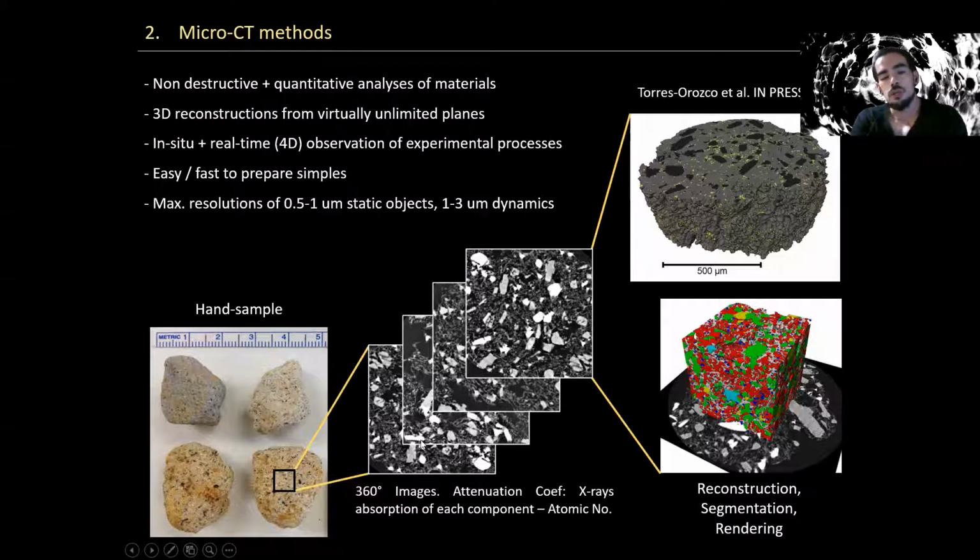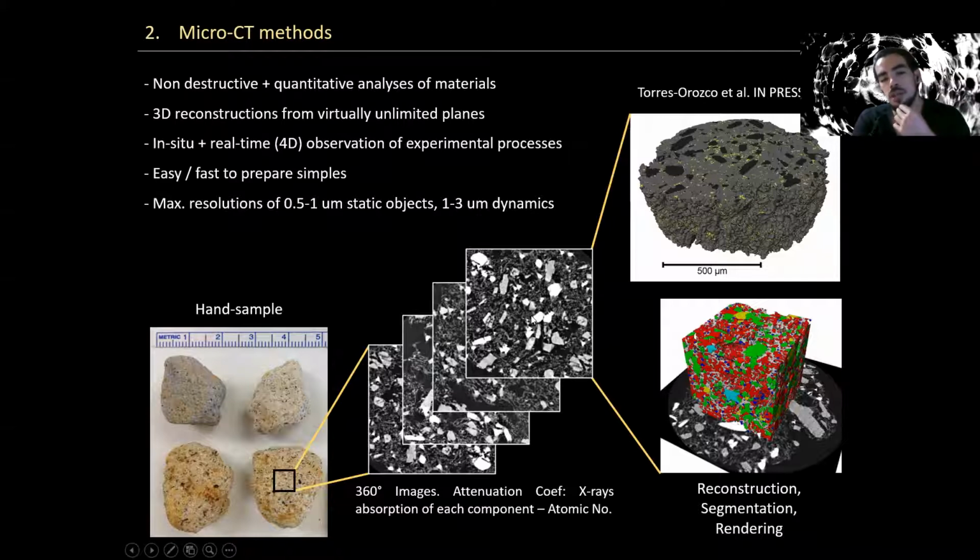What we are looking at in these is the grayscale, which corresponds to different attenuation coefficients. That is the X-ray absorption of each different component that comprises our sample, and that absorption of X-rays depends on the atomic number of each component. So we have very bright materials, which are oxide crystals, and we have not so bright materials, which basically correspond to glass, to the